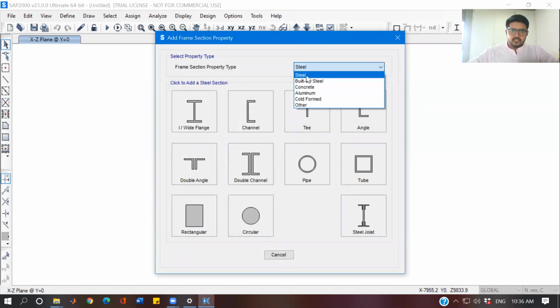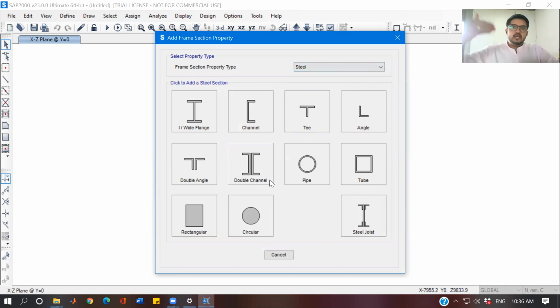It does not mean that if you select steel, then your member will be a steel member. No. Even if you select steel from here, and even if you select some shape from the steel, but you assign your M30 grade concrete to that section, then your section is a concrete section made up of M30 material. Right? So this only defines the shape.